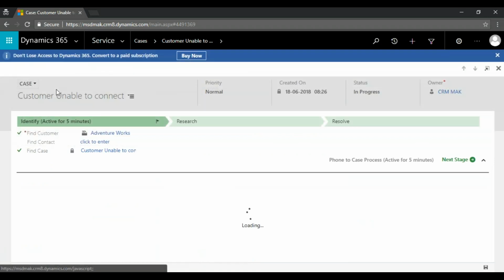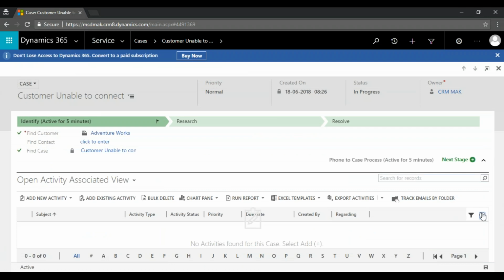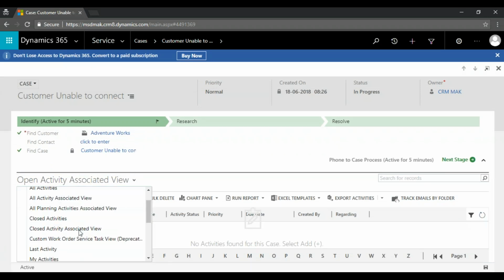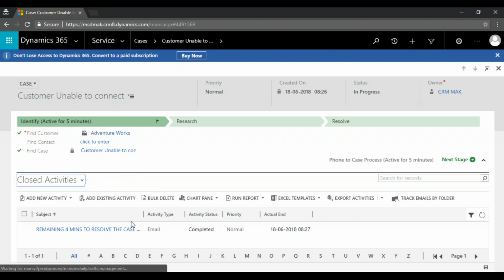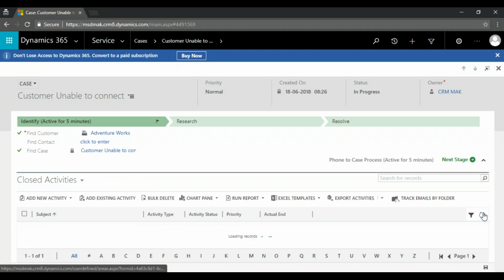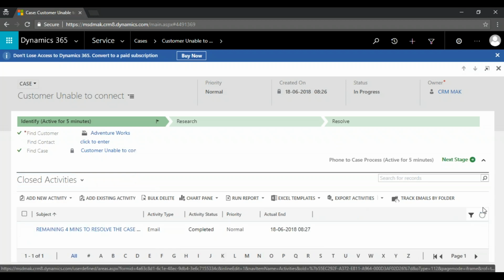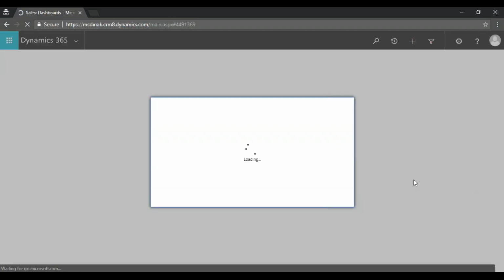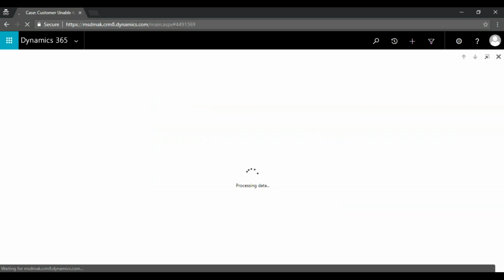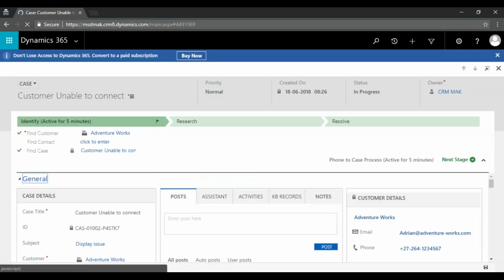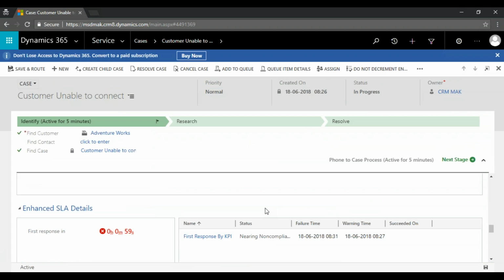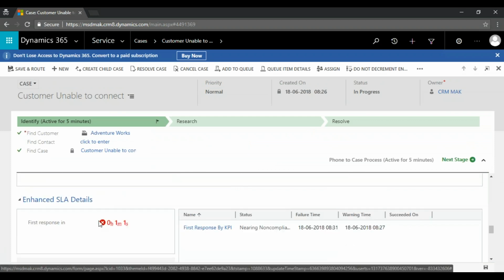So we can go to the activities and see the email will get triggered. All activities. Still the email is not triggered. This is an asynchronous job. It'll take time to execute.